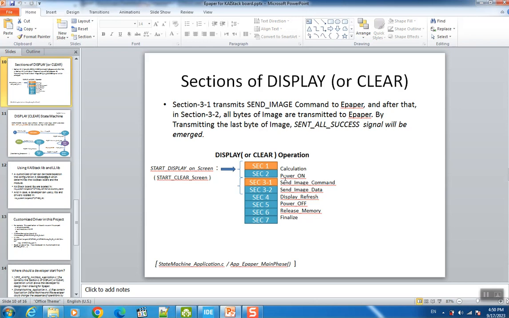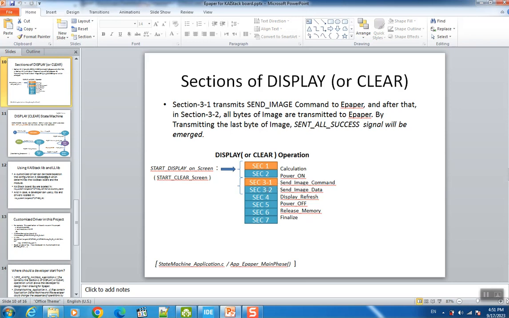Then wait for interrupt from busy pin. Triggering this interrupt calls section 3.1 to transmit send image command to ePaper. And immediately after that, the bytes of image are transmitted to ePaper